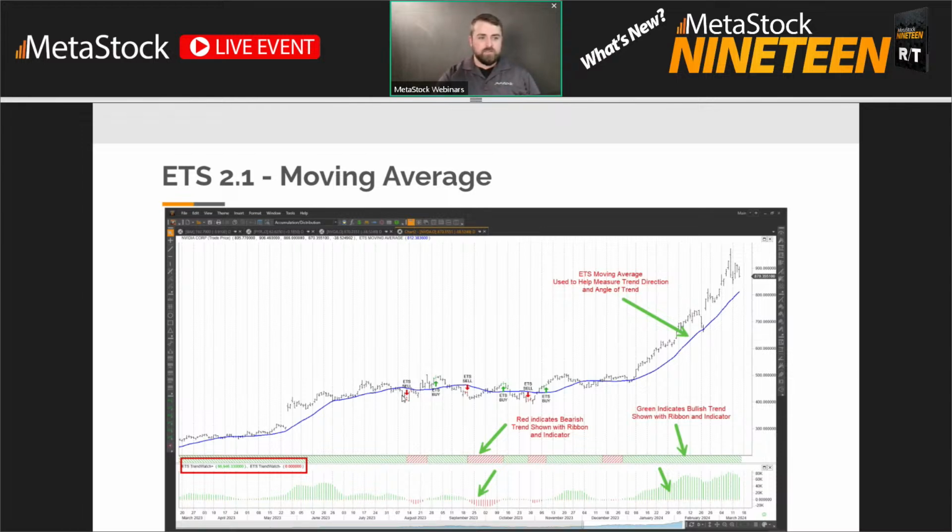So you actually wouldn't want to be taking these trades right here because the slope is not in your favor, in the direction of the trend. But then when you have a positive trend, then you want to start taking signals. So if you get a buy signal, you get bullish, and then your trend starts to go upward, you could get into the trade. Maybe you'd even want to wait until you're really vertical.